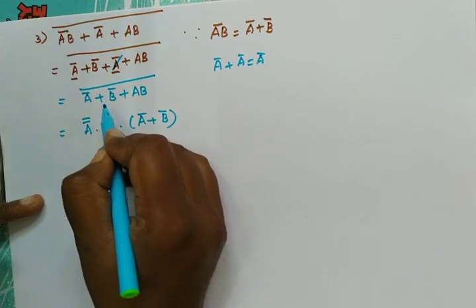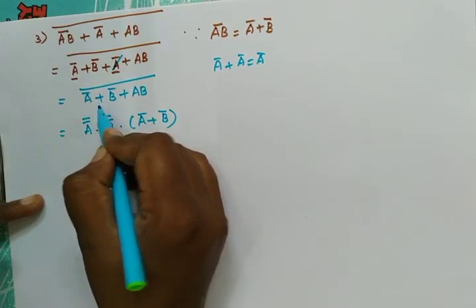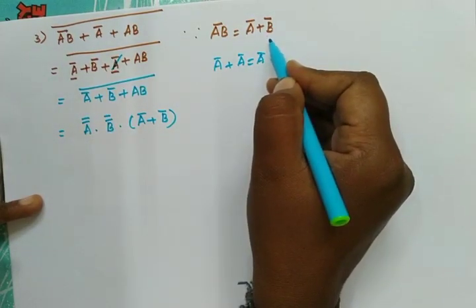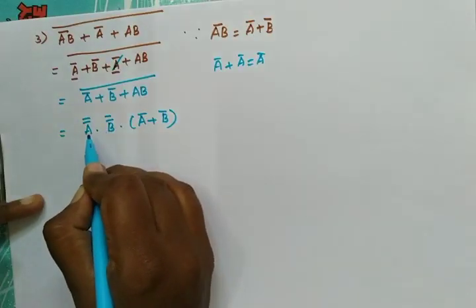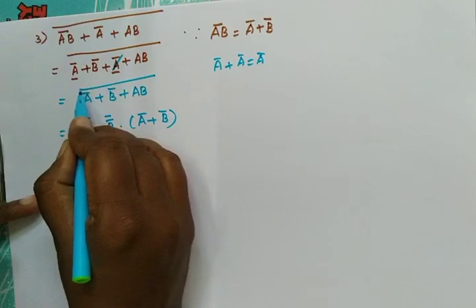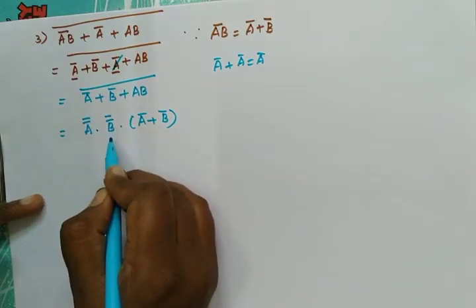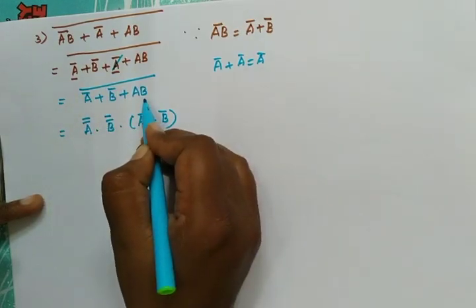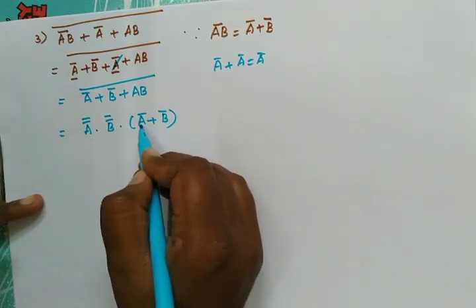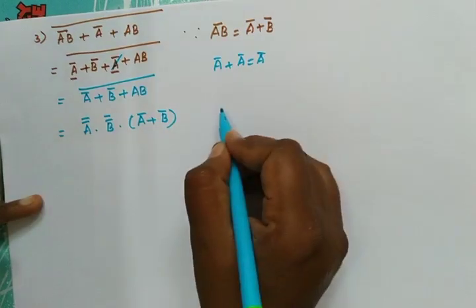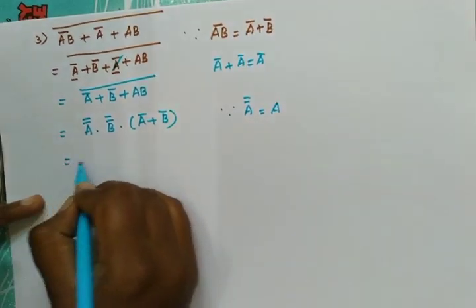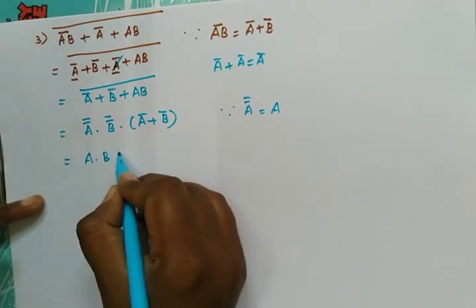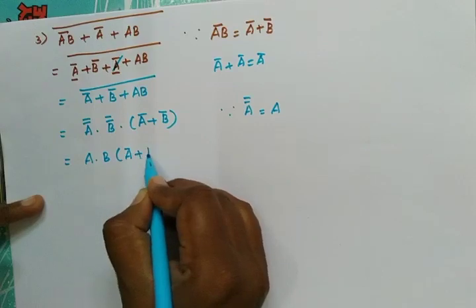So what we did is, again here we have plus. So again we are going to use De Morgan's theorem. So A dot B, here we have A bar dot B bar. Since we have double bar, we are going to use this double bar plus, here also we are going to use De Morgan's theorem, A bar plus B bar. Now as per rules, A double bar will become A. Therefore we can write this as A into B into A bar plus B bar.